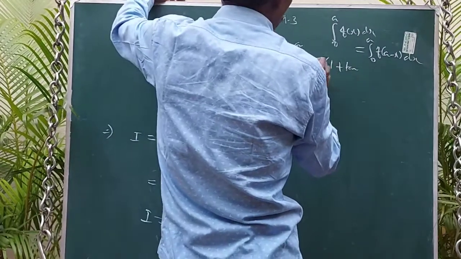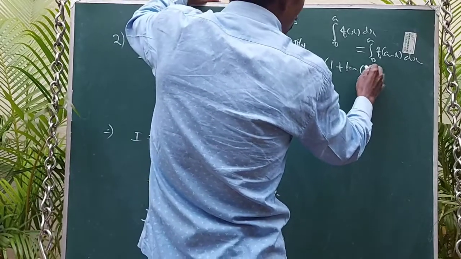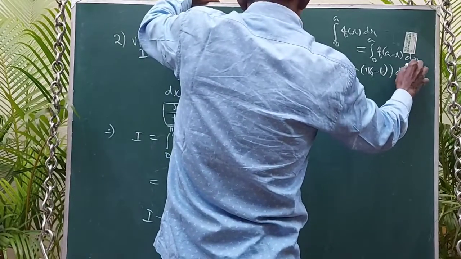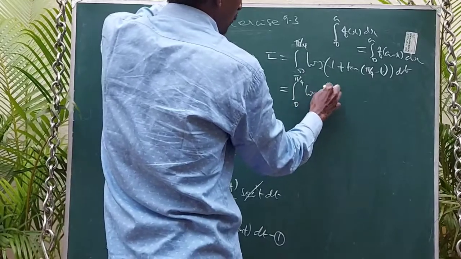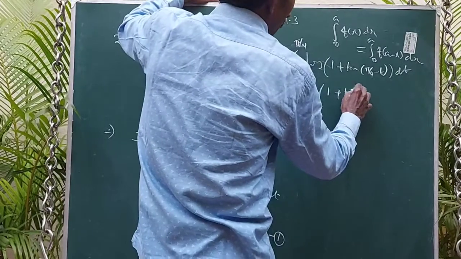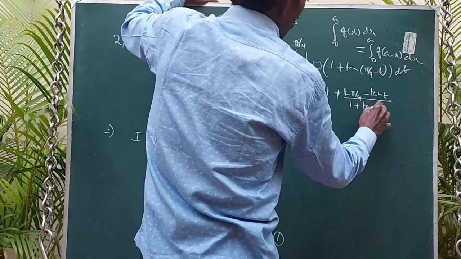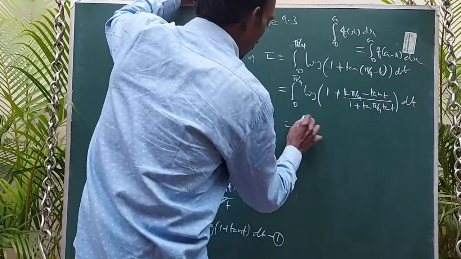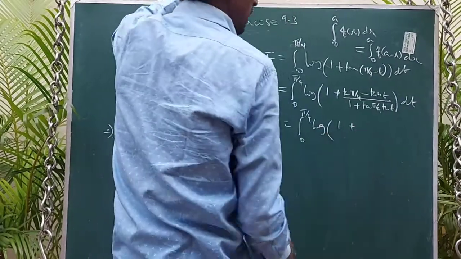So a is pi by 4. So tan of pi by 4 minus t, into dt. So integral 0 to pi by 4 log of 1 plus tan of (a minus b), using the formula tan a minus tan b by 1 plus tan a tan b. Okay, so integral 0 to pi by 4 log of 1 plus,